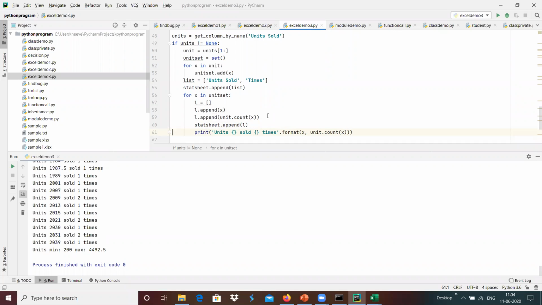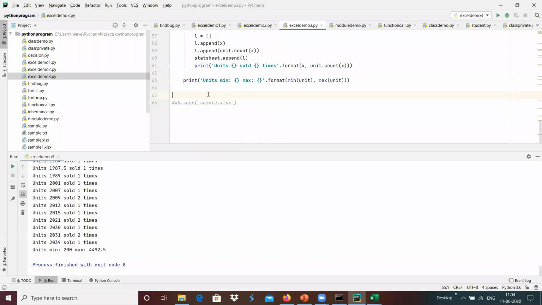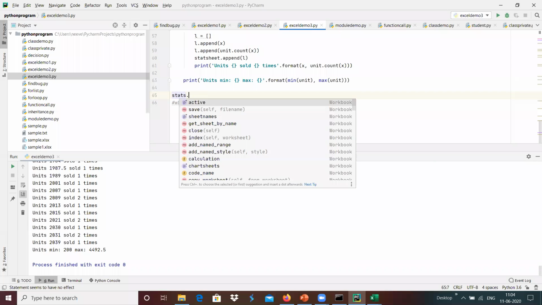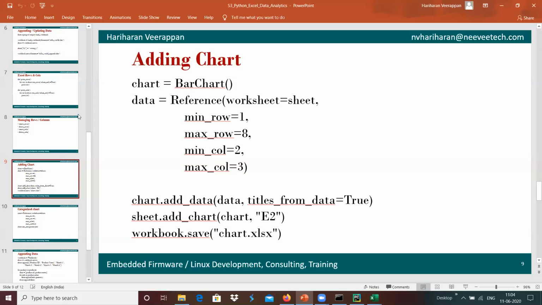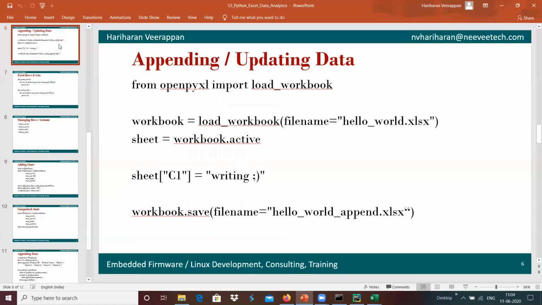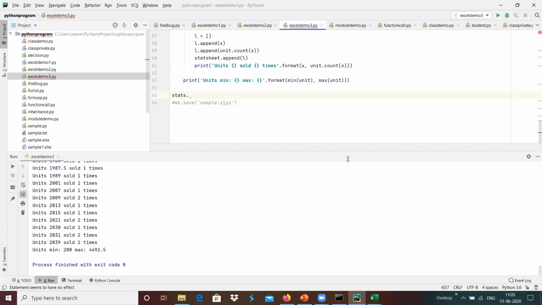And after we are done with this update, I'm going to write into that particular file with the help of workbook.save with the file name over here, stats.save.